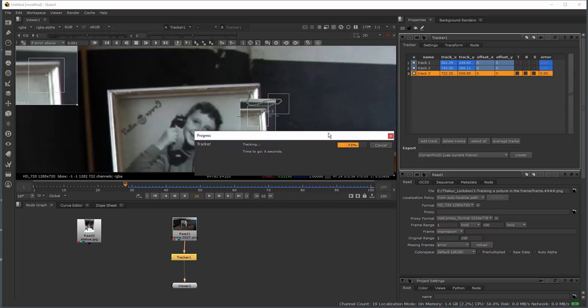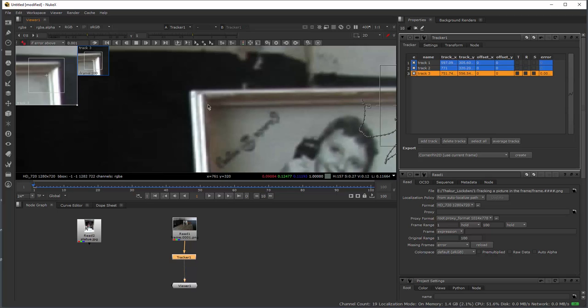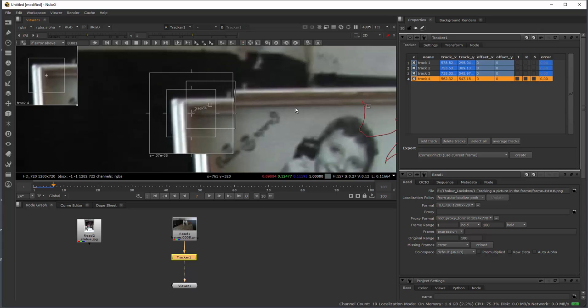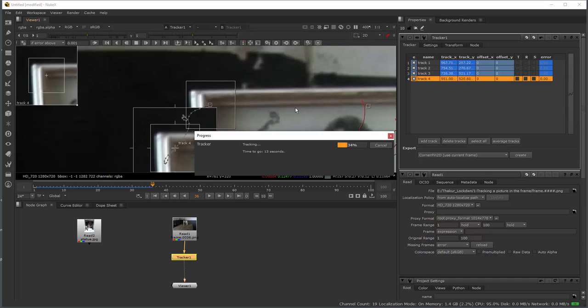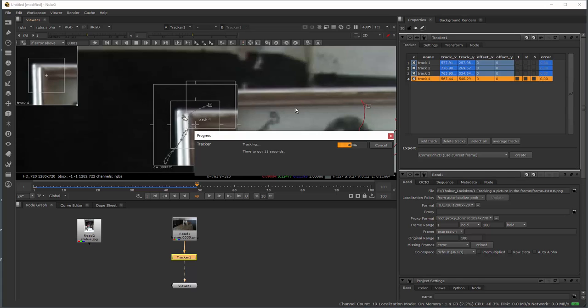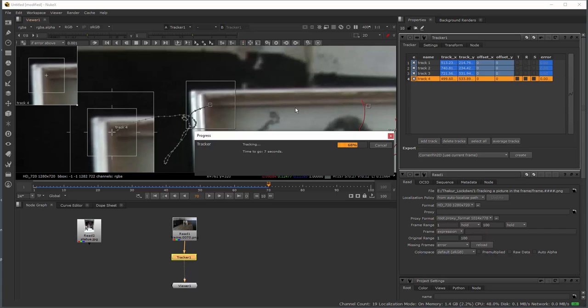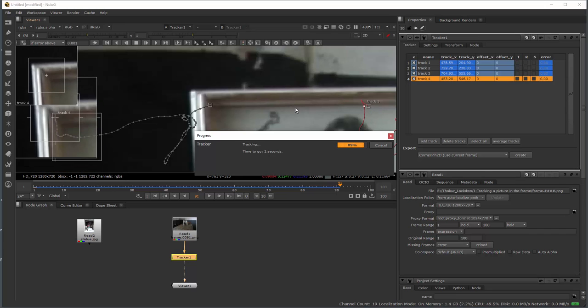And it doesn't matter if you are tracking from the last frame or the first frame. So now I am going to create tracker 4, and once I complete this,